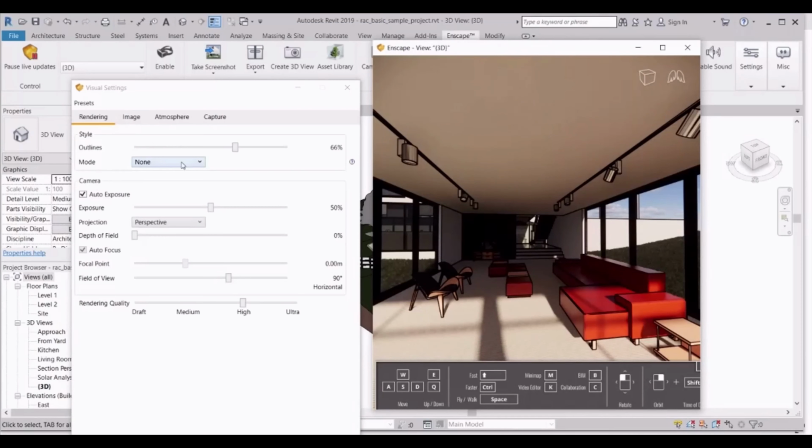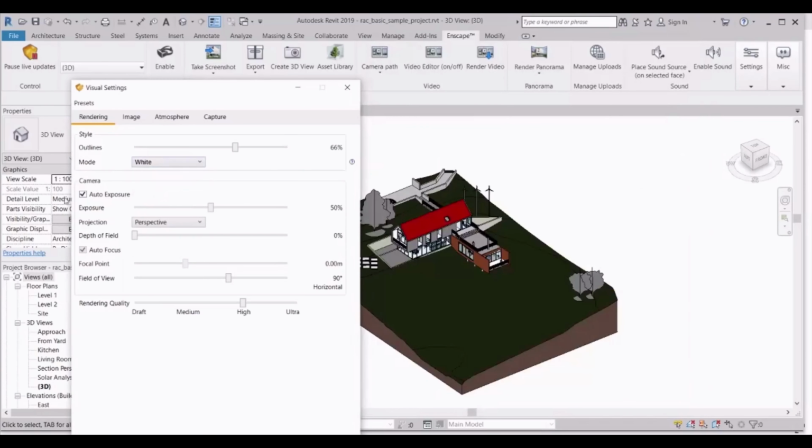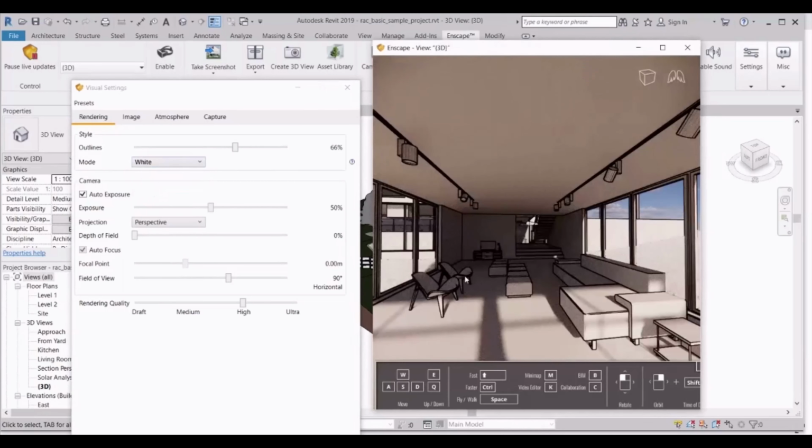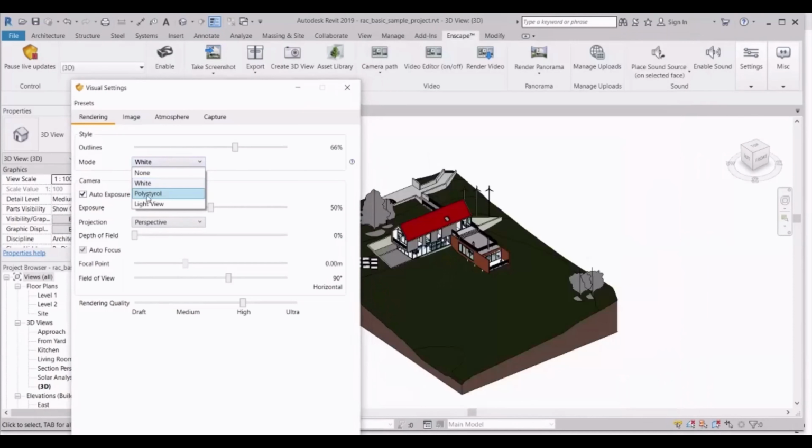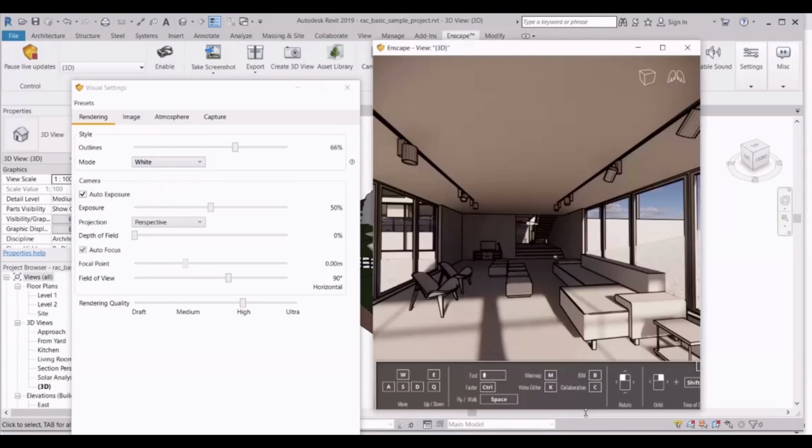With this white mode you can add a more whitish picture, and you can change the modes such as polystyrene and light view. You can change the camera exposure option for more exposure of your lights and effects, so you can increase the exposure.